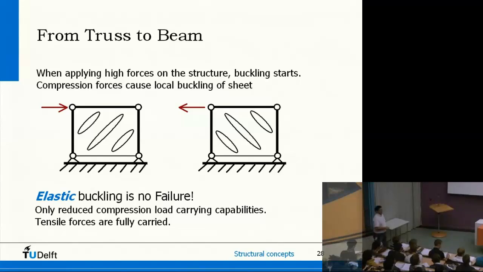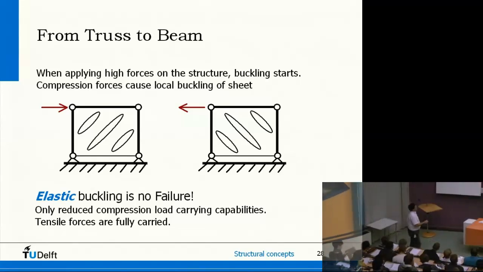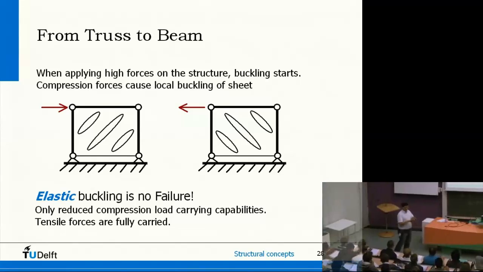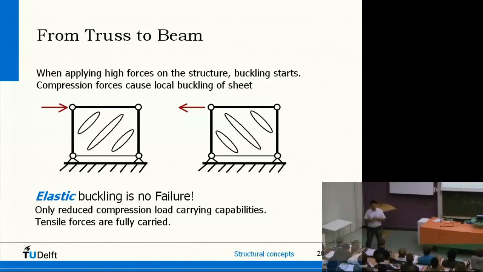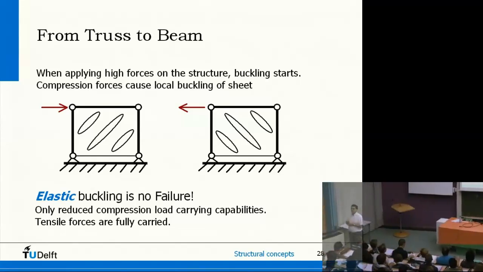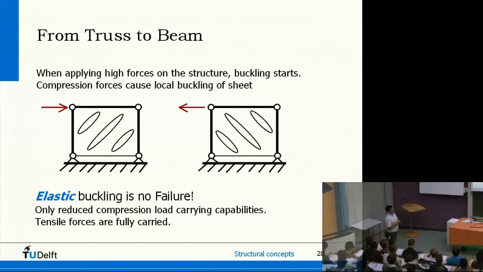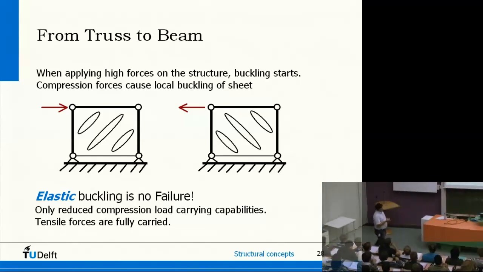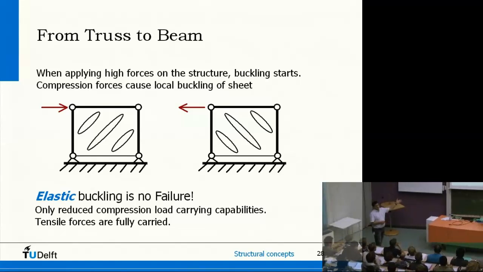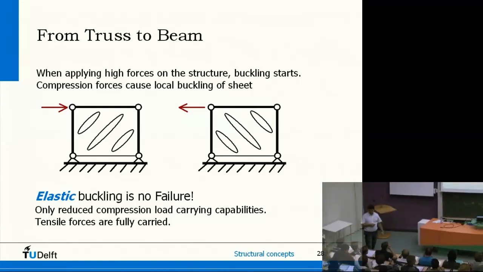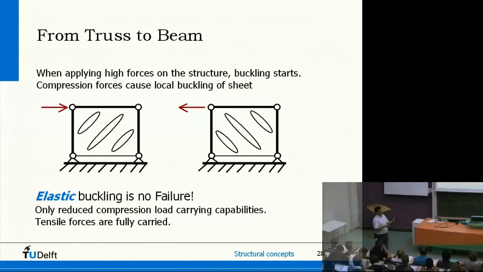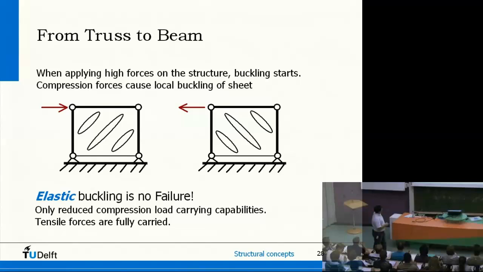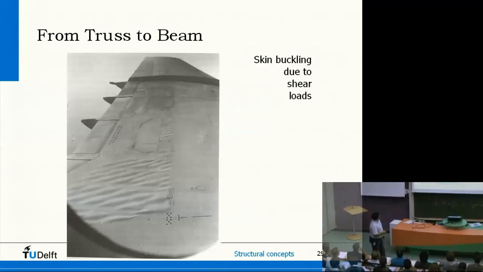Again, if you have a cell with a plate in it, you will have some waviness, some buckling. As long as this buckling is elastic, reversible, it's not a problem. Most materials do have some elastic properties. So if you see these buckles, it does not directly mean that everything has failed. Only when it becomes plastic, permanently deformed, then you have a problem. Then your structure is failing.